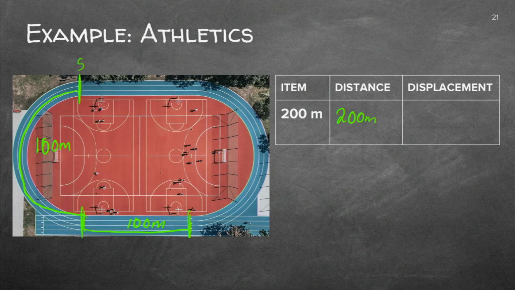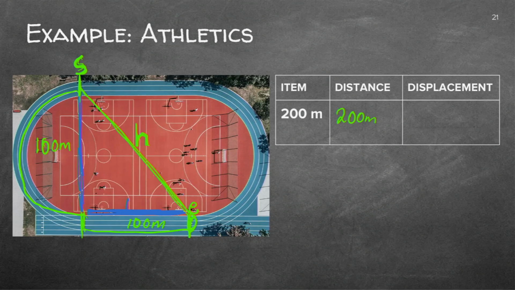Now the interesting part. What's the displacement? I started there and I end here. This will be my displacement. You could have run across the field to get to the same point. The rules won't allow you, but you could have run that way. Now, what is the displacement? And now you need a lot of mathematics to calculate. What would that side be? Remember, this is the hypotenuse of which triangle? You've got this side here and you've got that side there.